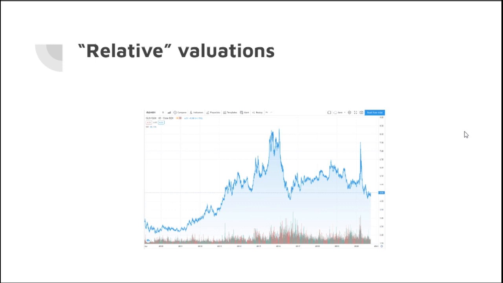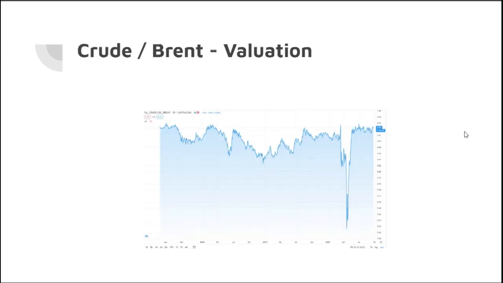The price of gold compared to gold senior miners. In this case, we can see that we have a new, very interesting chart that we can trade here. We can also value the crude oil against Brent oil. Both are black gold, so to speak. So instead of valuing the oil in US dollars, that is what I can have in my pockets, and this is what